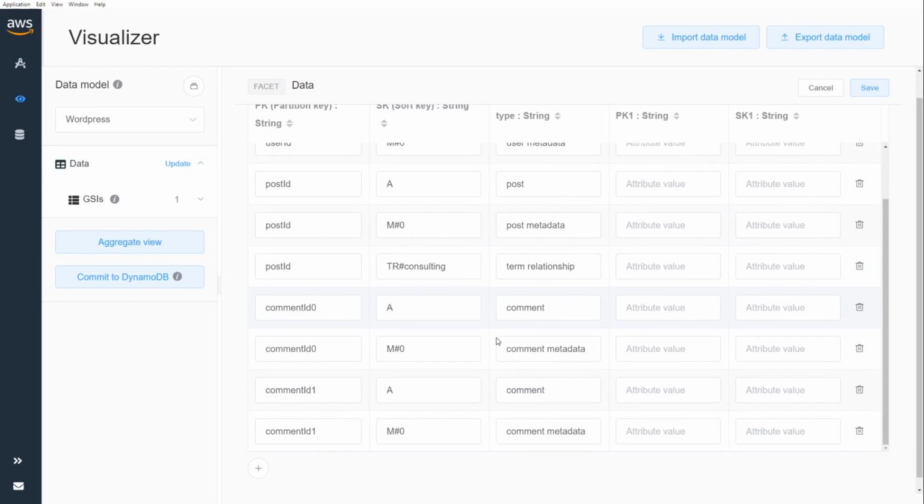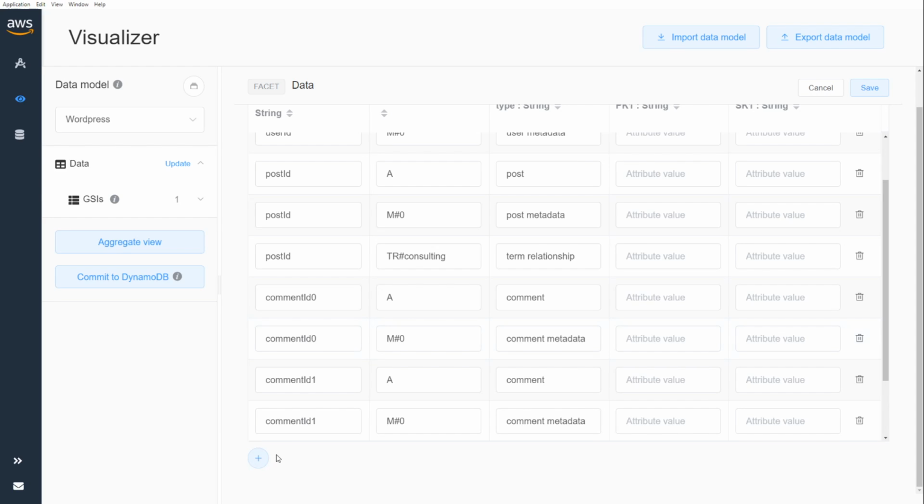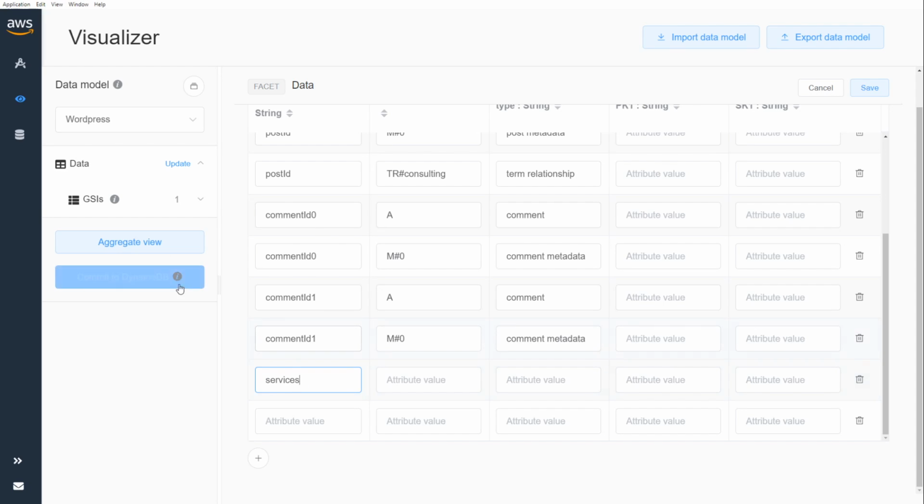So we're going to have a couple of terms that we're going to create: our services category, and maybe we've got a consulting category or term, because terms and categories are almost interchangeable. As a matter of fact, they are interchangeable. And these belong to one of the default taxonomies in WordPress. We'll say they just belong to the categories